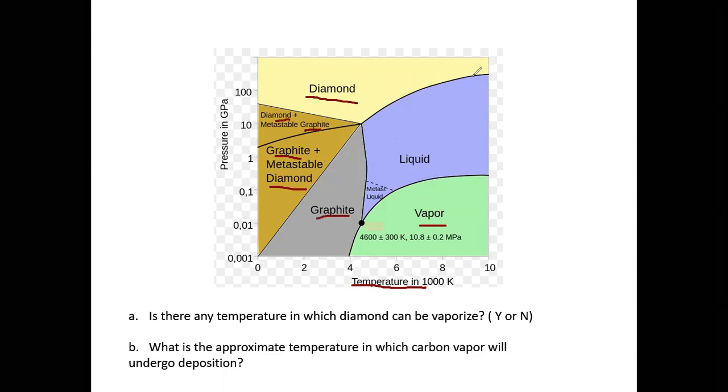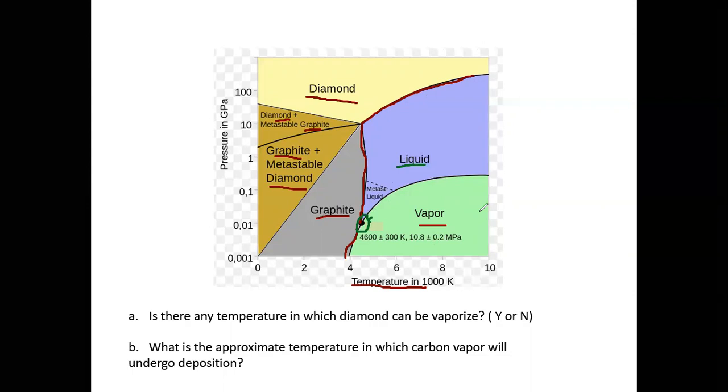So most of this is solid with just different forms of carbon. For carbon, we just have a triple point given to us here. The triple point of carbon would only involve graphite, carbon vapor, and carbon liquid. There is no critical point given